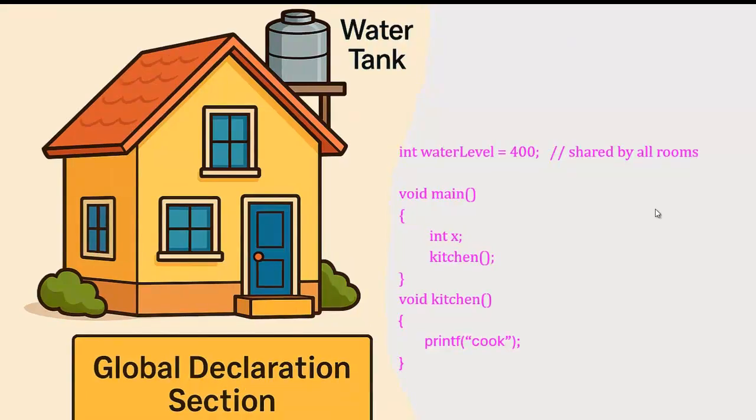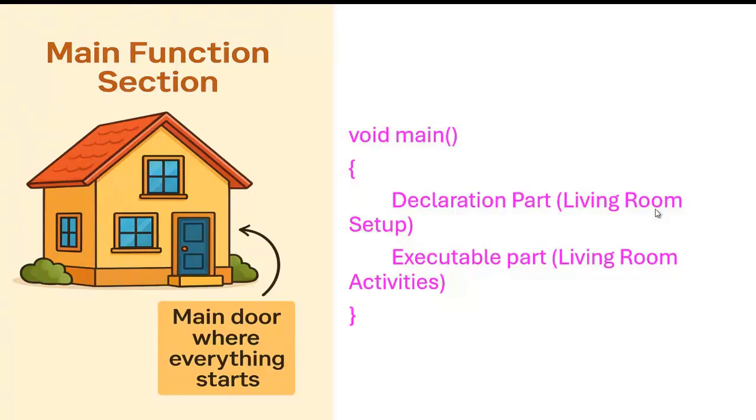Now let's move to our next section, main function section, heart of a C program, living room, our entry point. Now we step inside the house. We always enter through the living room, right? This is the main entry point, our main function section. From here we can go to the kitchen, to the bedroom, or to the study room, or any other room available in our house. But the journey always begins in the living room through our main function section only.